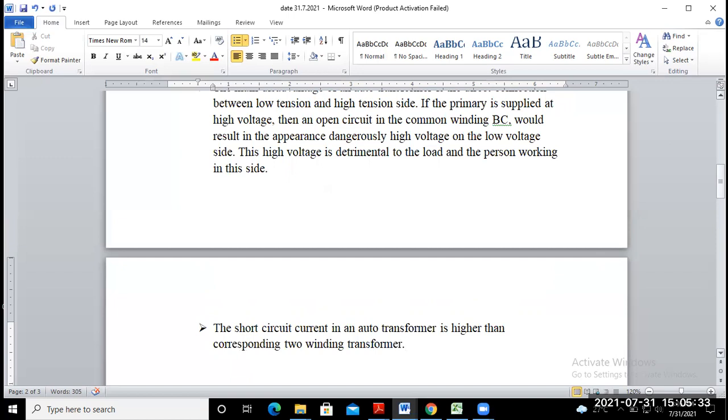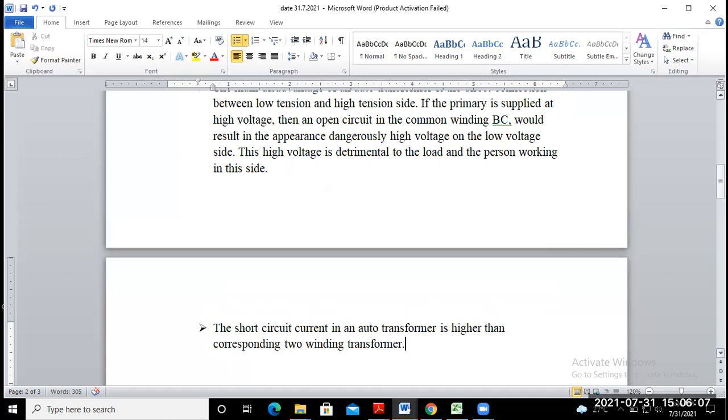Okay, the schematic diagram we already showed you in the previous classes, and already explained that transformation action takes place between the windings AB and BC. So you may consider the winding AB and winding BC as an ordinary two winding transformer, just to represent their number of turns, voltage and current flowing through windings AB and BC.